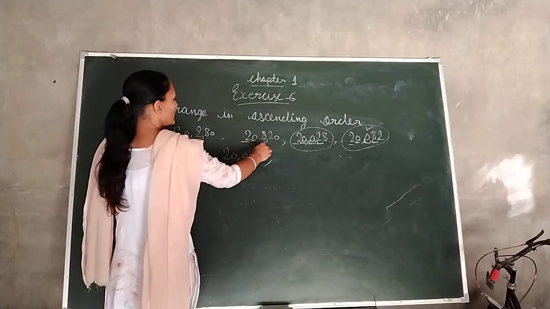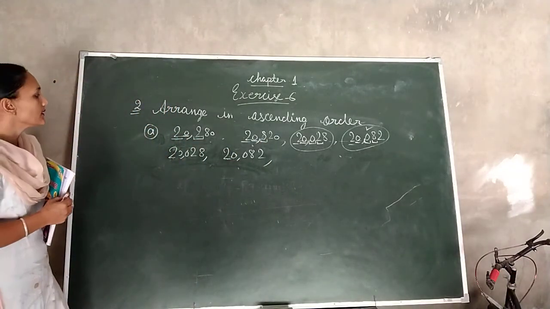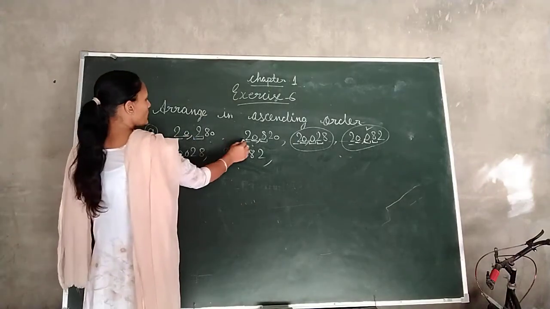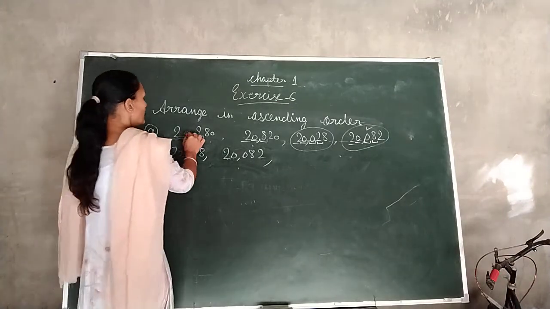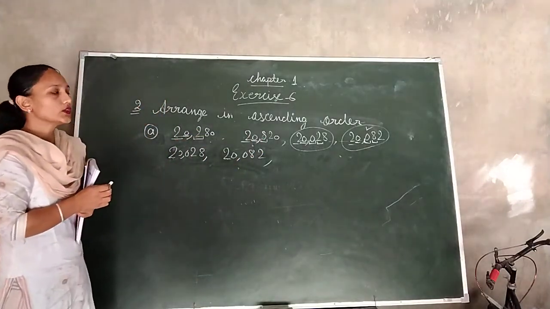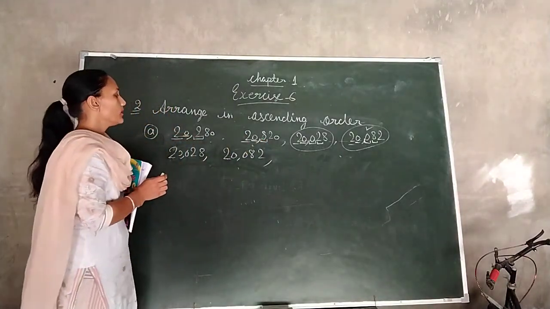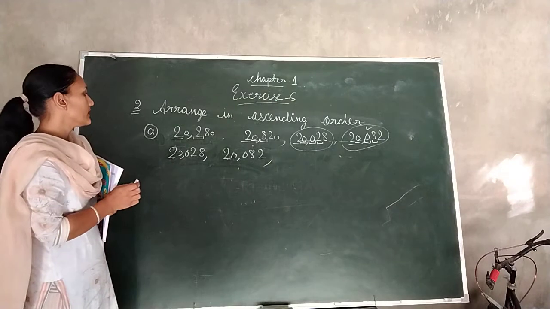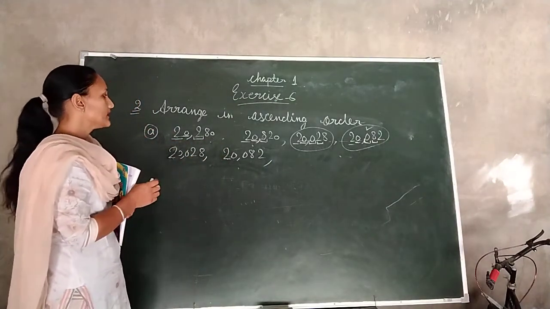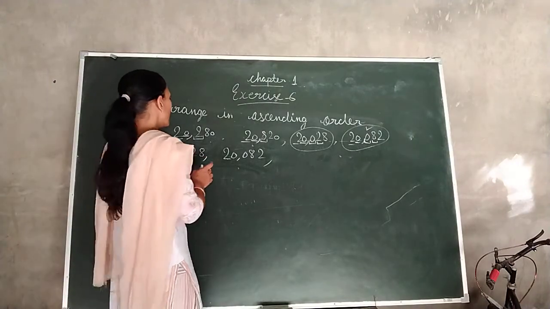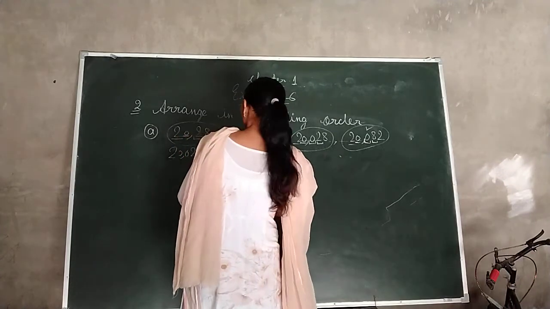Now we have two numbers, 20,280 and 20,820. We have to find the smallest number among these numbers. So first of all we will compare the digits in 10,000 place, both are same. Next we will compare the digits in 1000 place, both are same. Next we will compare the digit in 100 place. 2 is less than 8. So it means 20,280, this number is less than 20,820. So we will write this number as a next number,